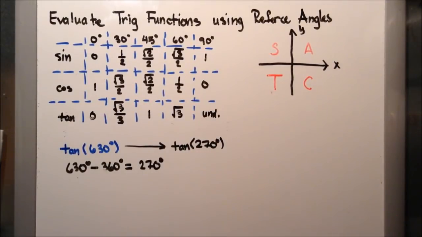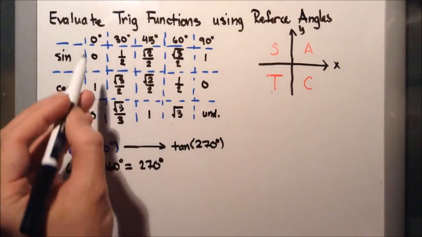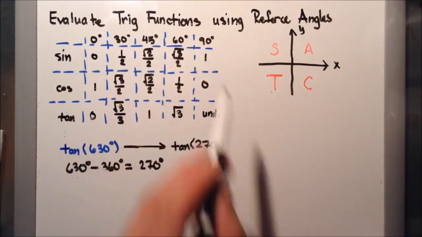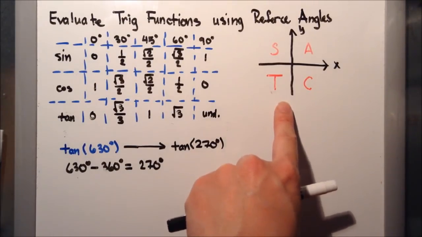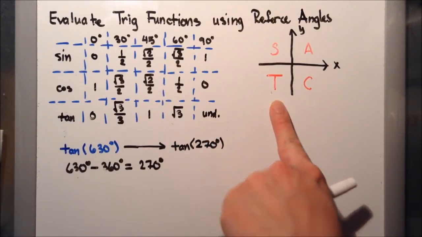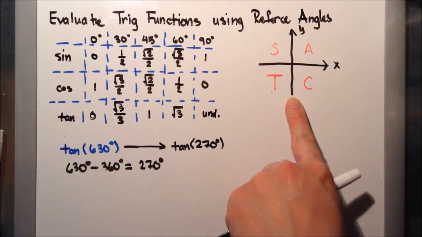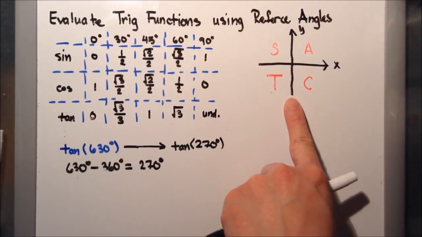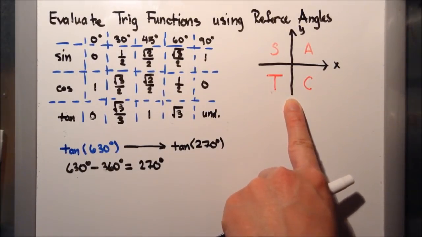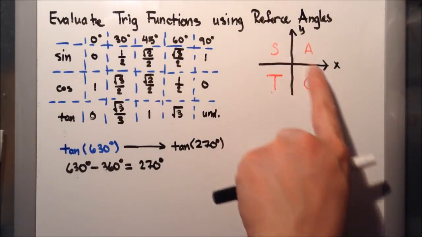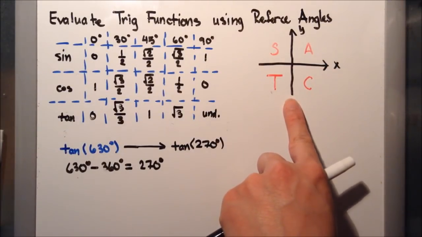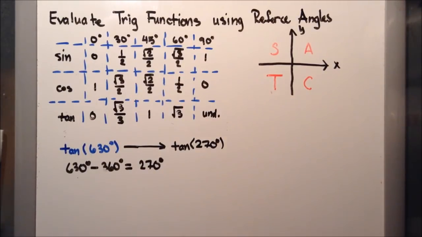Now, how can I find tangent when we're only doing 0, 30, 45, 60, 90 degrees and we're using reference angle? In order to do reference angle, it's an acute angle. So here's the situation. 270 is exactly between quadrant 3 and quadrant 4. So there are no rules to follow if it's exactly at 270. Same thing as if it was exactly 180, 90, 0, or 360. So what we're going to do is use the corner point here,